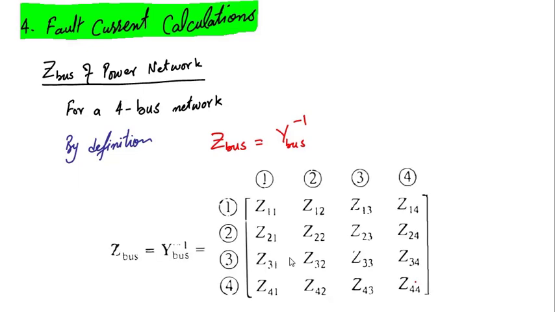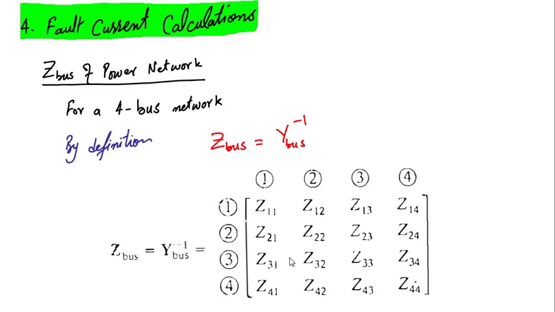So here is the Z bus of a network by definition. It means we will have to use a matrix inversion technique to get the Z bus. For a small system inversion can be done very easily, but if the system becomes very large and the size of Z bus is huge, then this inversion definitely requires too much computational effort. Even for a computer it becomes difficult to perform this inversion again and again. So many algorithms have been developed to find Z bus directly as well, but it can be done by inverting Y bus as well.